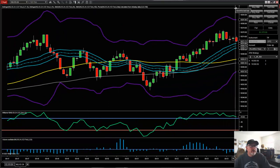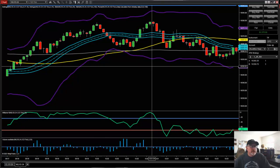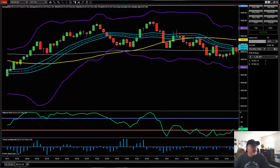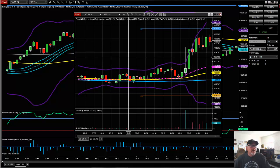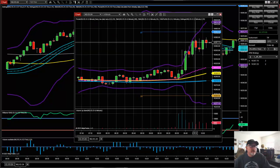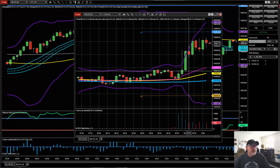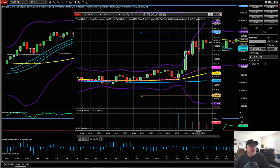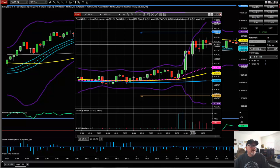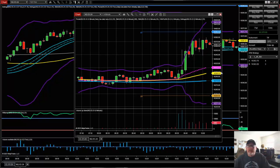I'm good with that. I was able to capture a trade setup quickly and get out, and try not to spend too much time in a market that's, well, now you can see we're in a congestion area, just like we were at the open. Which way does it want to go next? I don't know. R1 looks very interesting up here to bust it, and also I would think, well, I hate saying think, but looking at the market right now, what you see,